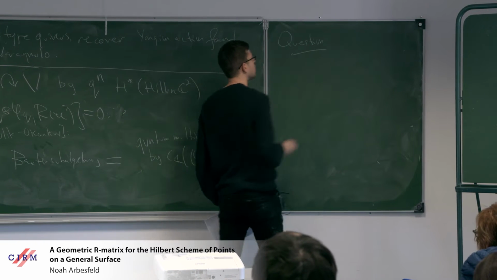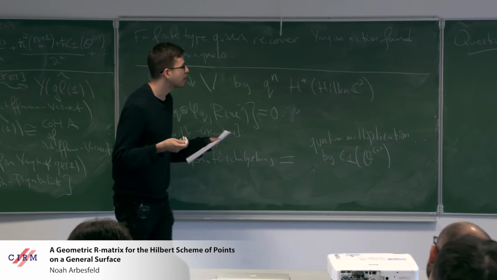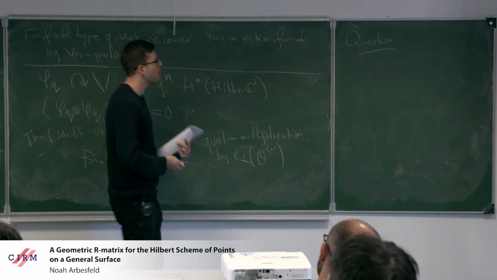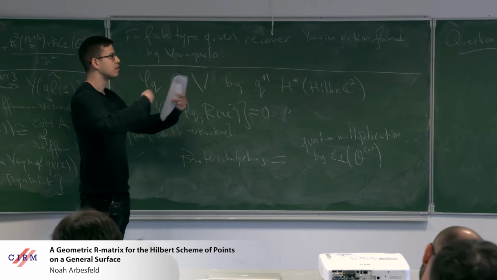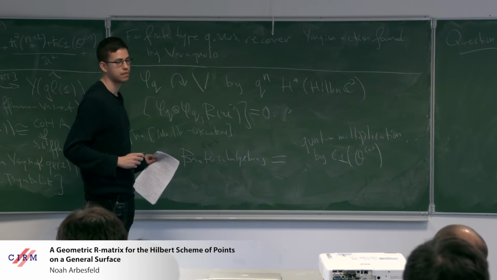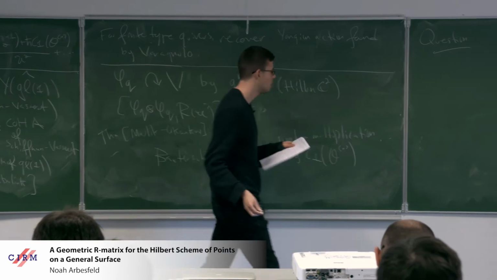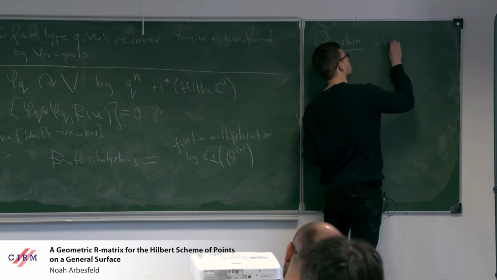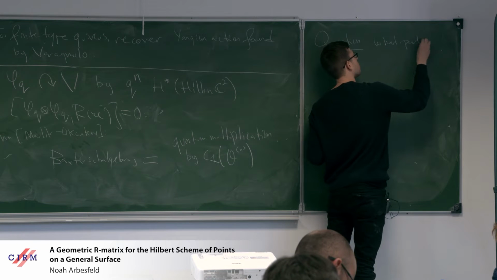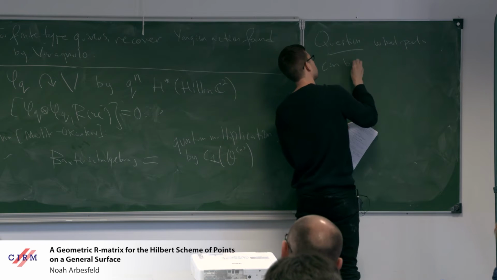And so here's the kind of question I'd like to answer: what parts of this story can be extended beyond the setting of Nakajima varieties, or more generally beyond the setting of conical symplectic resolutions? So let me just today concentrate on Hilbert schemes. So what parts can be generalized